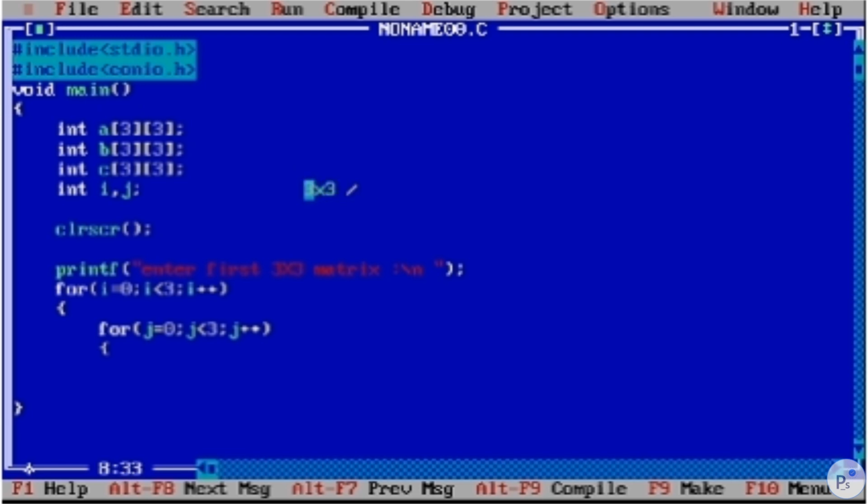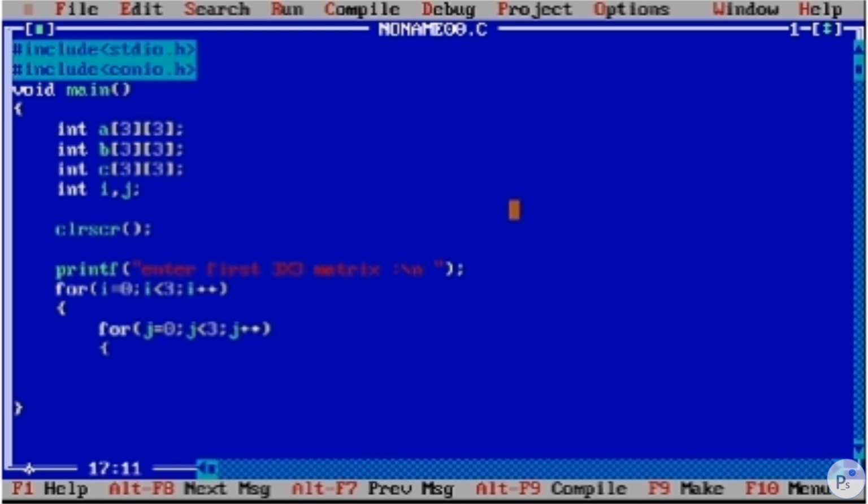So in programmatic way, i means the starting rows and j is for columns. In this way we perform and initialize two-dimensional arrays.